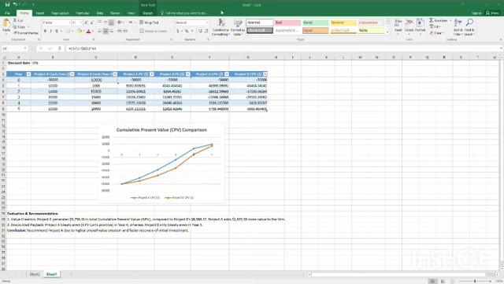Next, let's cover requirement 2, computing the cumulative present value for each year. Cumulative present value tracks the running total of discounted cash flows over time. It shows us the net recovery of our investment year by year. In cell F4, which is year 0, the initial cumulative present value for Project A is minus $50,000. In cell F5, year 1, we use the cumulative formula equals F4 plus D5. This adds year 1's present value, which is